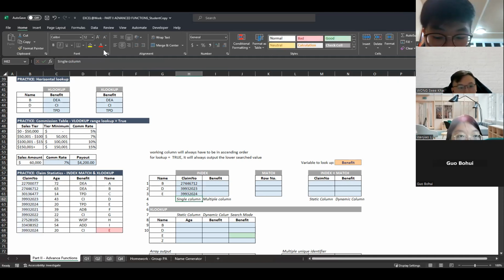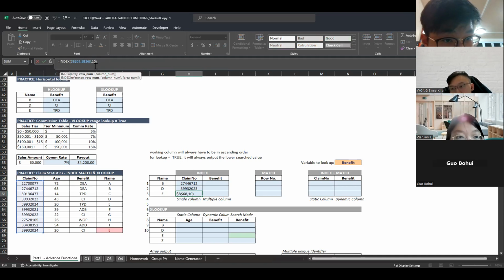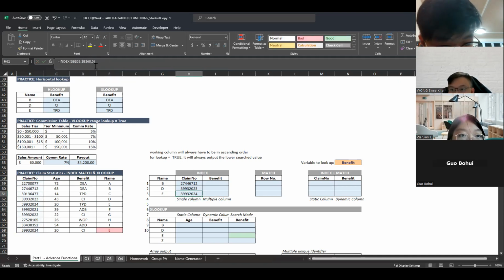And this will give me the same output. Oh, but you realize that there's an additional output here, but maybe let's worry about this later. We look at this one here first. Anyway, it's the same output, the same claim number. Maybe you can change this to 5. Is it 5? Yeah. And this will be the same. So that's how we can do this.